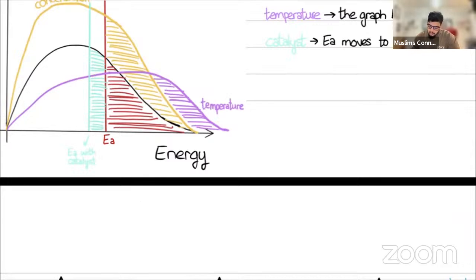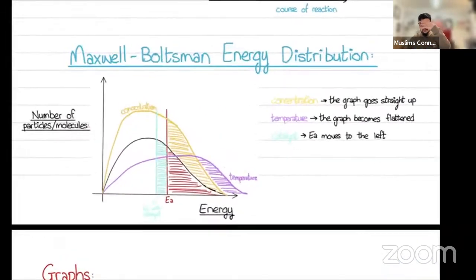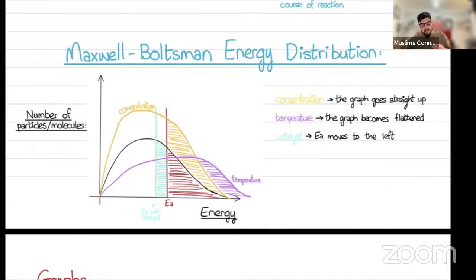Okay, now, yeah, so just have a look at this, right? And it's described as well. The graph goes straight up, the graph becomes flattened, and EA moves to the left. Okay, so